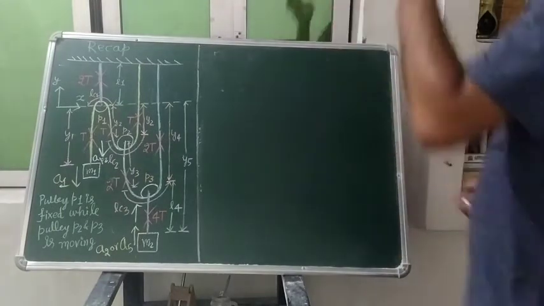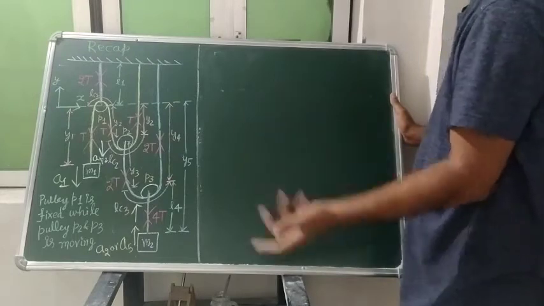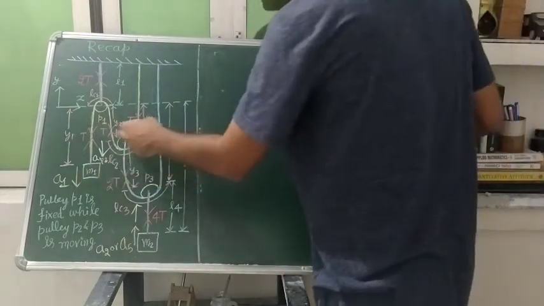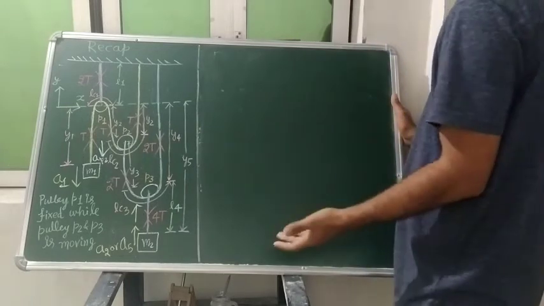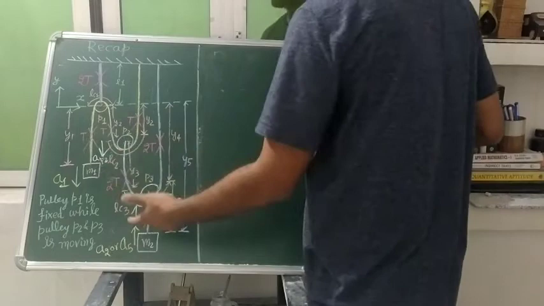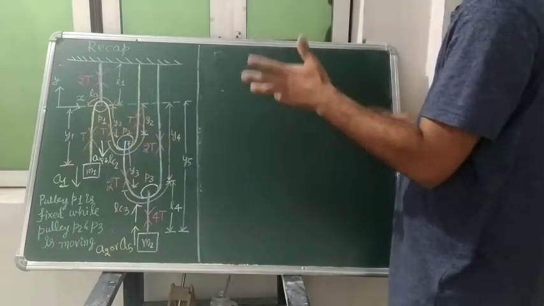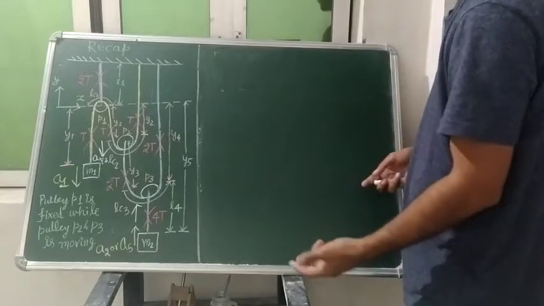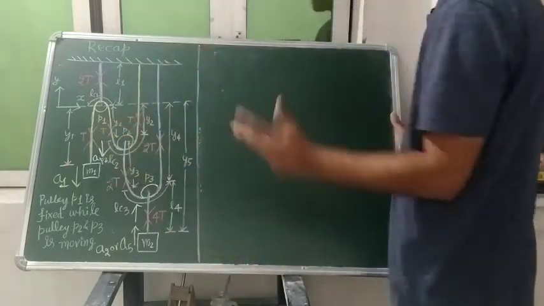So students, we have come to know the relation between the velocities or accelerations of this block and this pulley P2. By applying this short trick, we see that whatever the acceleration of this block, half of that acceleration will be that of this pulley, and they will be in opposite directions. The negative sign was telling us to change the direction, as we had assumed incorrectly.